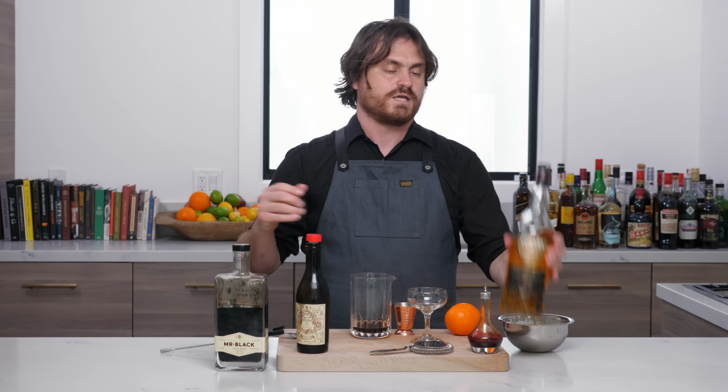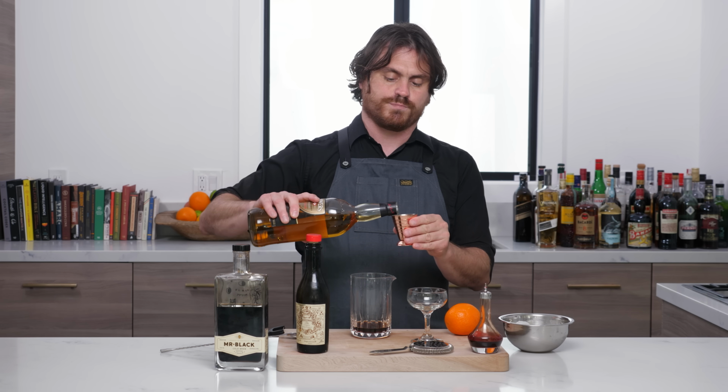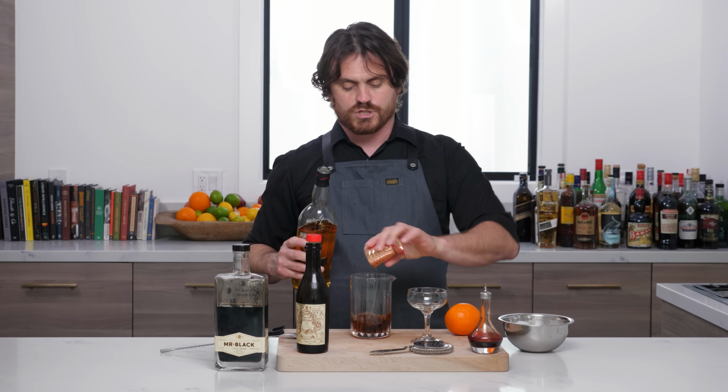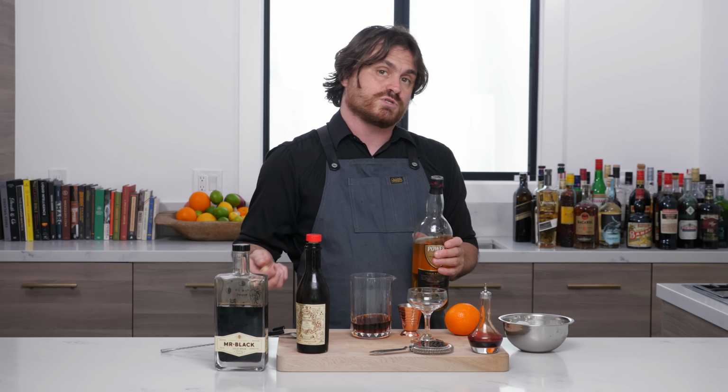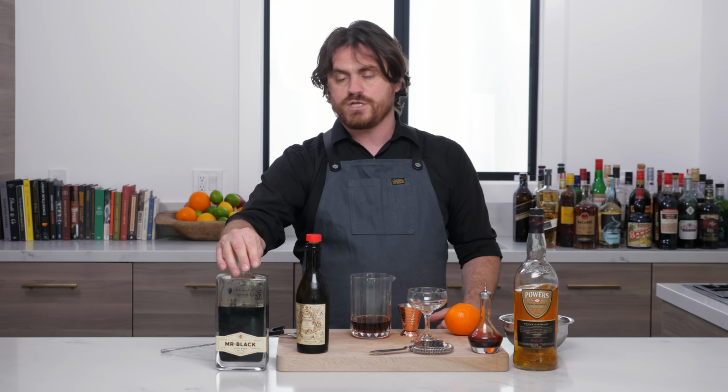Now, if you do not have Powers or you don't want to splurge the 30 or so bucks that it takes to get a bottle of Powers, you can sub out Bushmills or Jameson for this cocktail, and it works beautifully with both of those. And if you don't want to use coffee liqueur or you can't find coffee liqueur in your area,